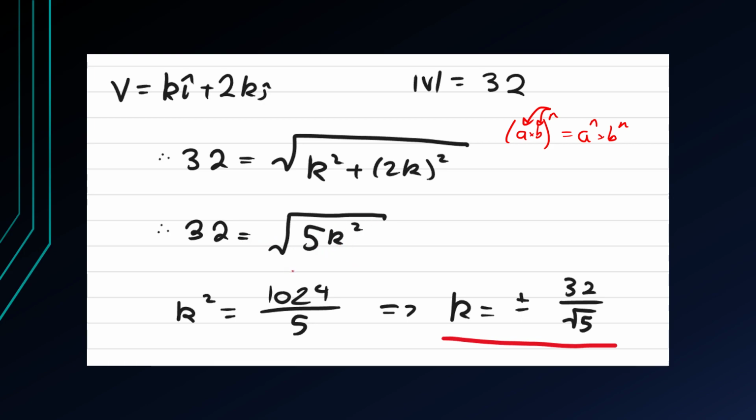Squaring both sides and dividing by 5 gets you to here. So if you want some intermediate steps, you get 32 squared, which is 1024. So you get 1024 is 5k squared. And then you end up with this stage, just dividing through by 5. And k is plus or minus 32 over root 5. Now the reason it's two values